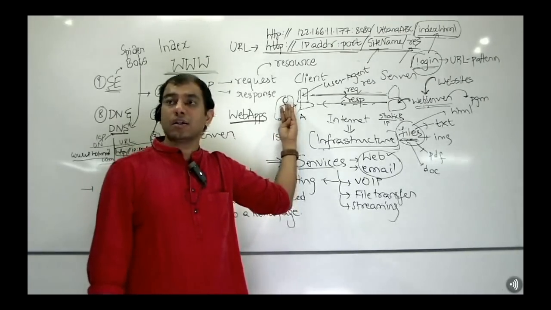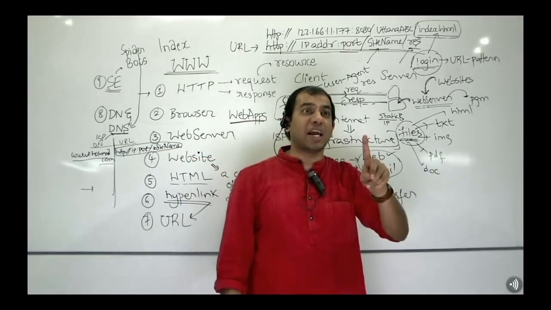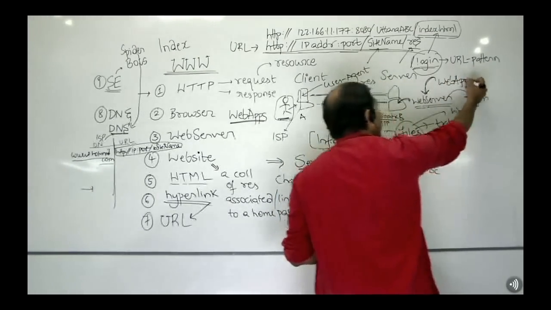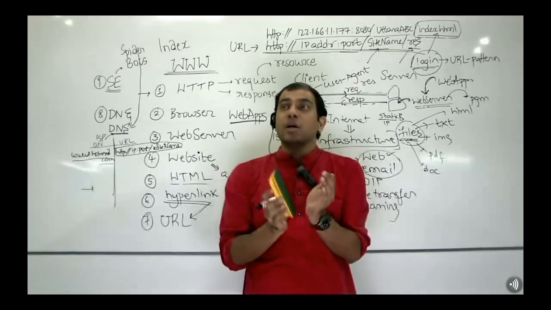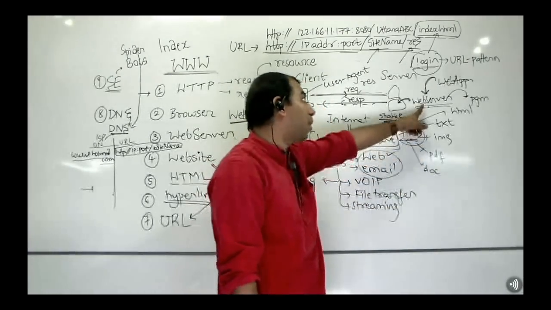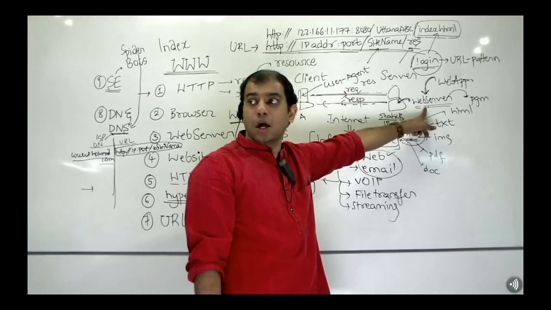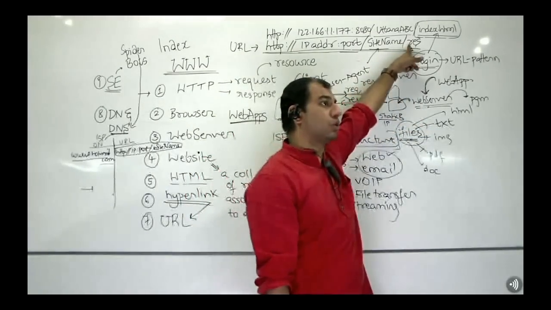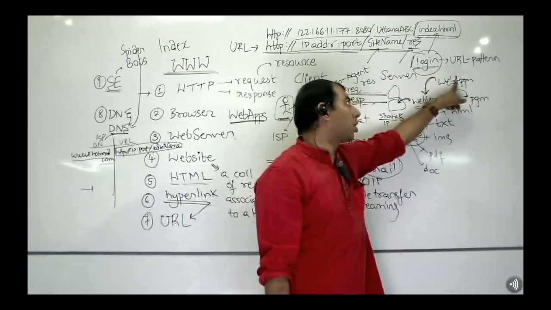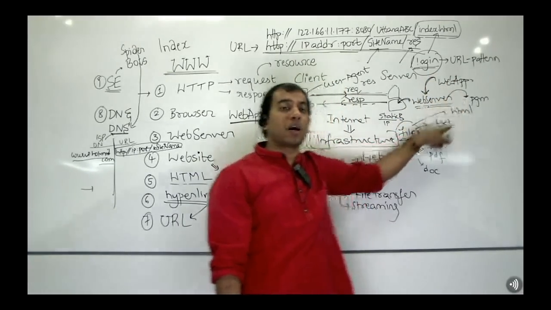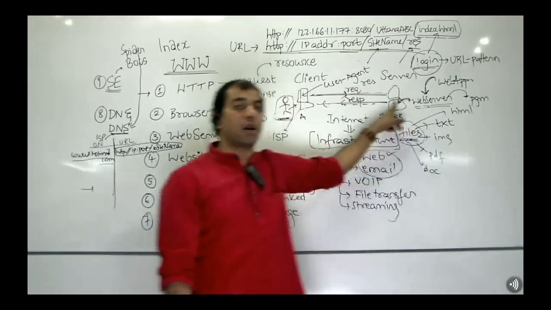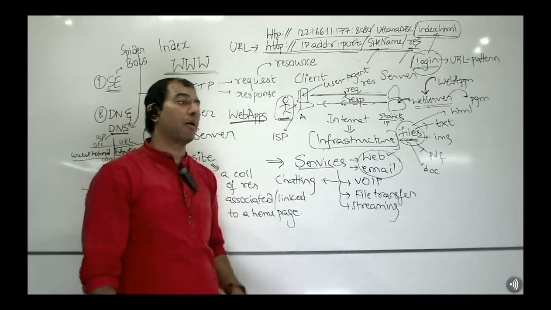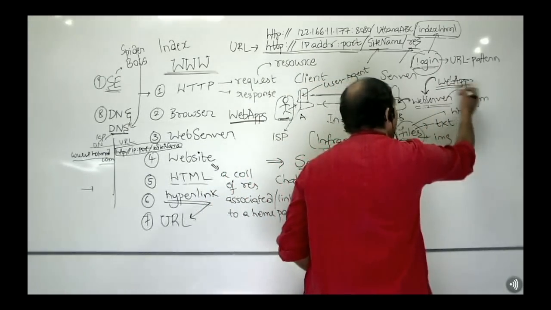Are you with me? That is now no longer called a website, which has no programs to create resources. We call that nothing but a web app. So a web app is a collection of resources and programs deployed in a web server, where when a request is made for a dynamic resource, the web server will invoke the program of the web application, which will create the resource and give it back to the web server, which will now send it back to the client in an HTTP response. This is the high level understanding of what a web app is.